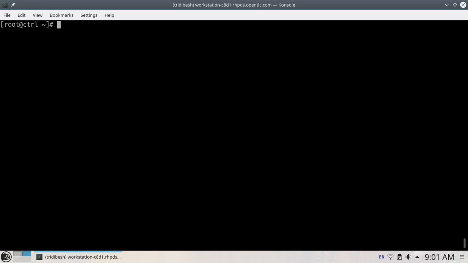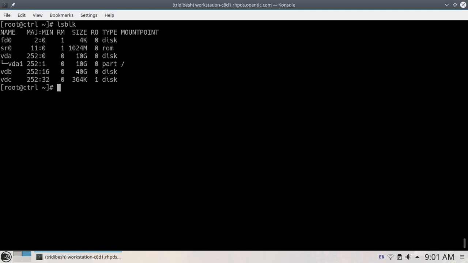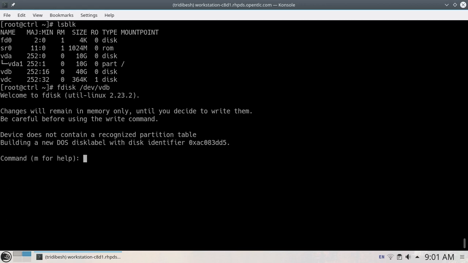One more thing, before you start the installation, you remember we have given like Cinder should be enabled, but we didn't select the option like Packstack to create a Cinder volume. So before you start it, you need to create the Cinder volume, else your Packstack installation will fail. So here what I will do, I have a disk VDB of 40 GB. So I will use this disk to create a Cinder volume. So let me create a partition in this VDB quickly.